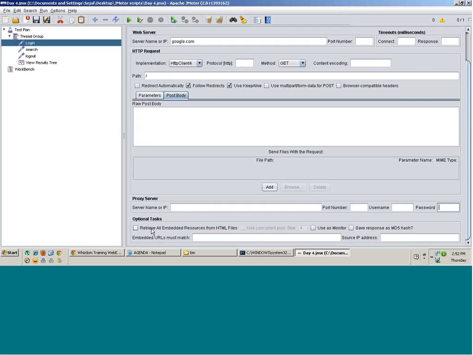There's something down there that you see under optional tasks. There is this checkbox here: retrieve all embedded resources from HTML files. So you can use this HTTP request to download all embedded resources on a web page. These resources can be image files, JavaScript, .css files, and so on. If you want, as part of your request, to download all resources from this HTML file, you have to check this option. If you check it, you are basically simulating, in JMeter, this request to behave